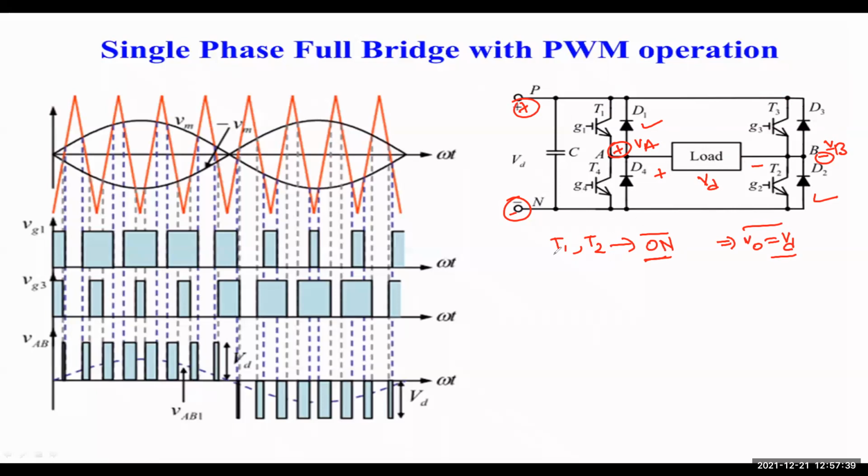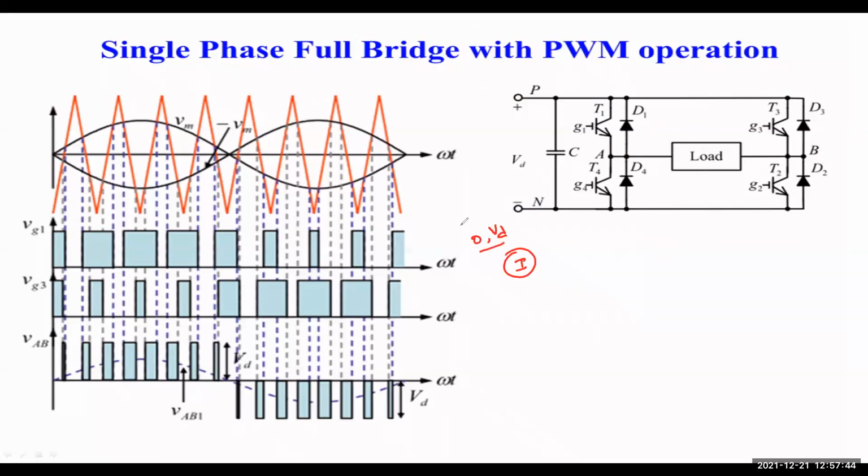That means, for this first configuration, if you want 0 voltage and VD, so 0 and VD, this is called unipolar operation. For this operation, first, if you want to get 0 voltage, devices T1 and T3 must be on. Then VD is equal to 0. And next, if devices T1 and T2 are turned on, the output voltage V0 is equal to plus VD in this polarity. So this is one combination.